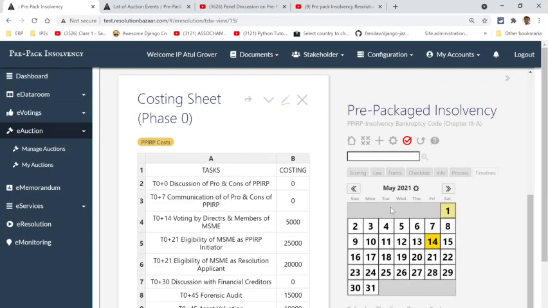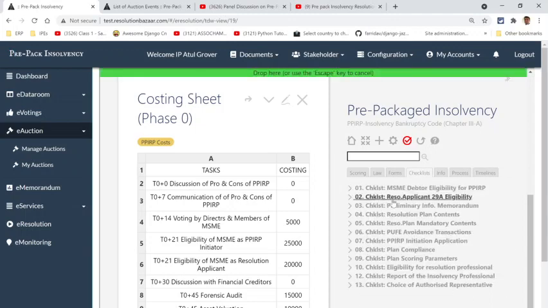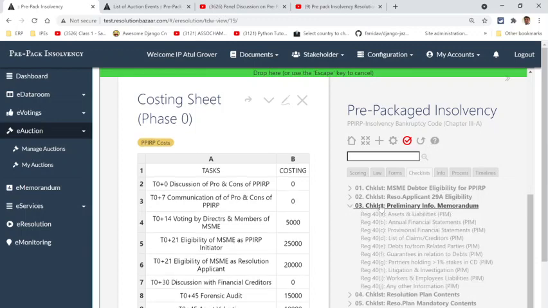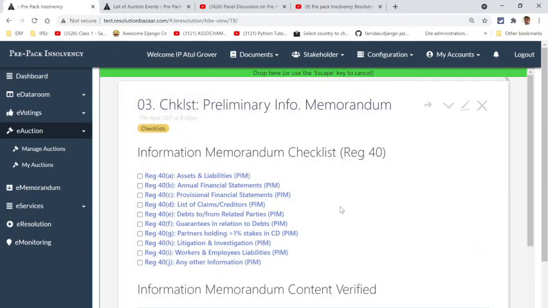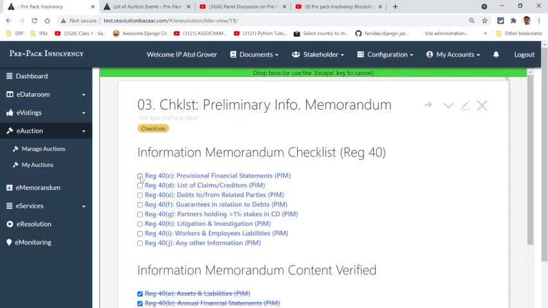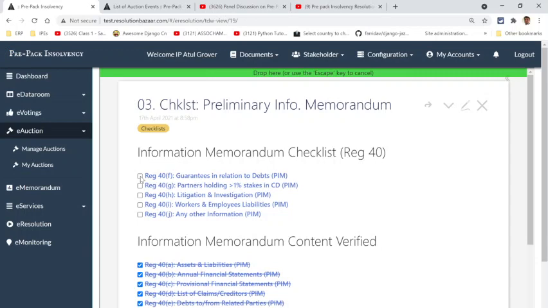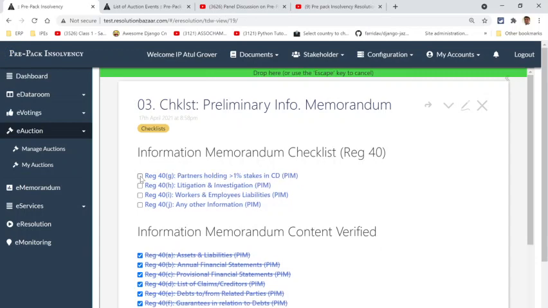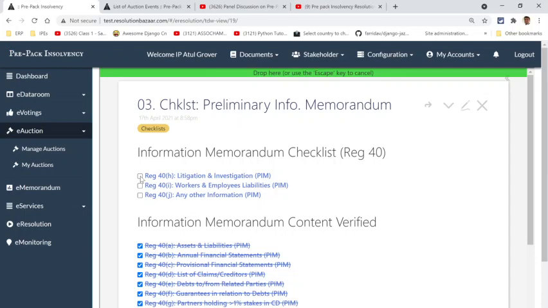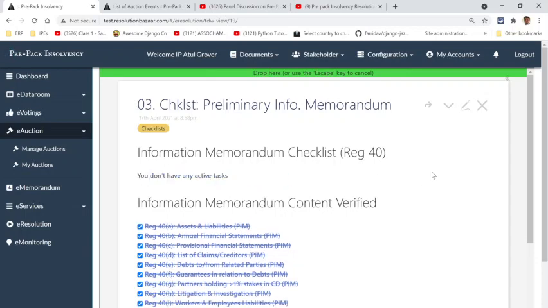You need to have your list of assets and liabilities, your annual financial statements, your provisional financial statement, list of creditors, debts from related parties, guarantors, your partnership holding, litigation and investigation, worker and employees list and their liabilities, and any other information. So this is typically what an information memorandum looks like.